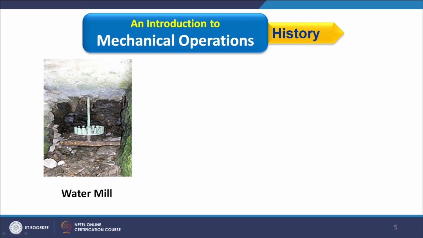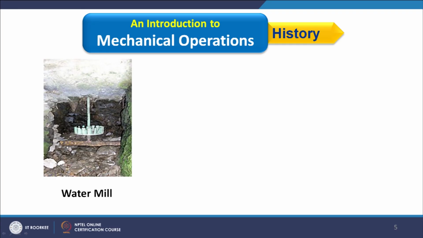This rotating disc is over this stationary disc, or stationary plate, and both are made from stone. So when we have some particle or material over here, and this rotating disc rotates, it basically grinds the material which is available in between. Now how will the grinding take place once it rotates, and how does this rotation take place?